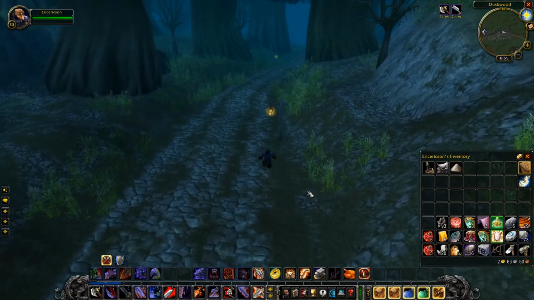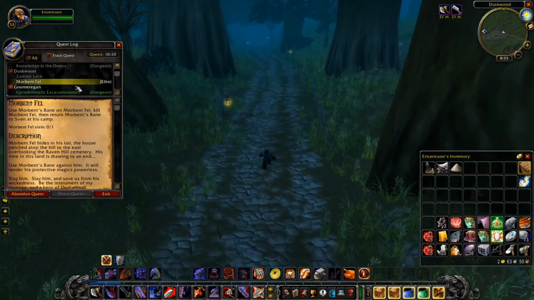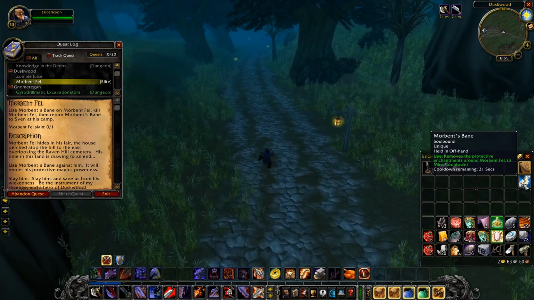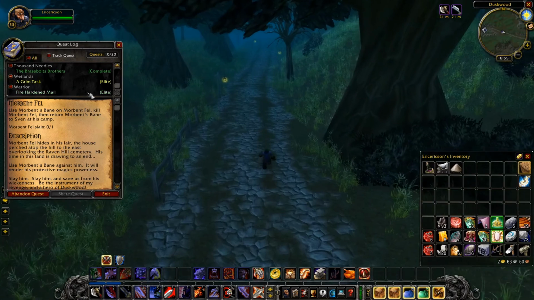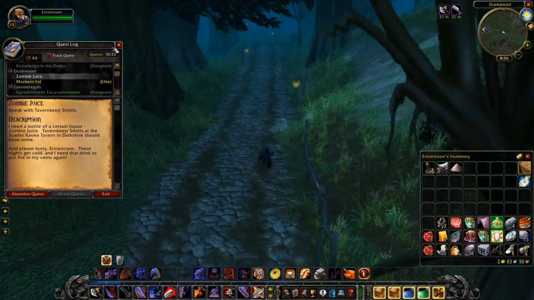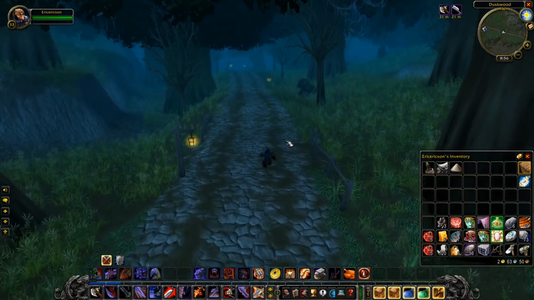Alright. So, since we can't do that for 5, 6 more levels, I guess we probably still have to keep this thing, wasting up a bank slot. But anyways, we can complete this zombie juice quest, I guess. Hopefully this is the last time this guy wants us to walk back and forth to this town. But